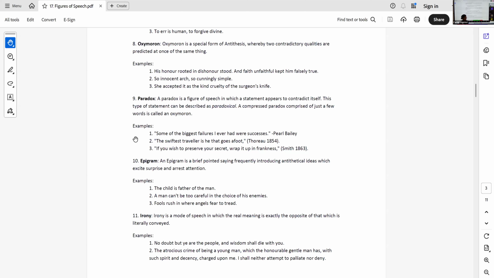But this is a paradox. Paradox is a broad term. Paradox means contradiction. Anything that is an unresolved contradiction is a paradox. There are specific expressions that express that paradox. For example, kind cruelty. Kind cruelty is also a paradox, in that the surgeon is being kind and cruel at the same time. But there are two words, hence, if you get the two options, paradox and oxymoron, what will you select? Oxymoron, because that is more specific. Got it? You will not select antithesis.